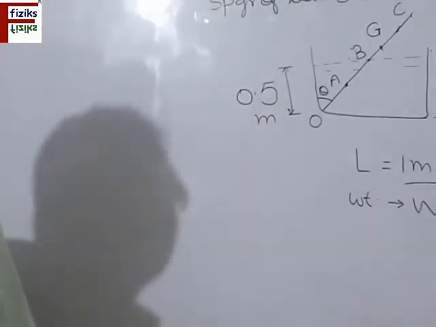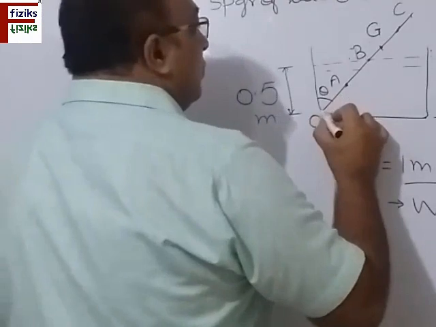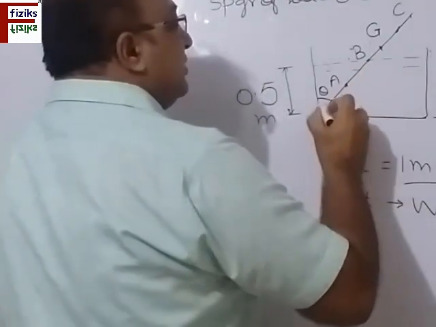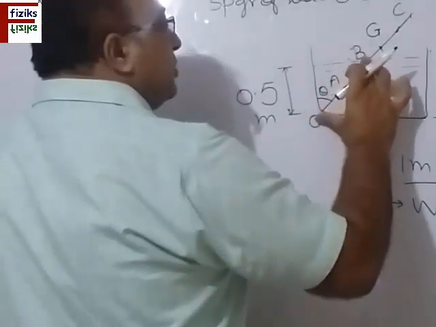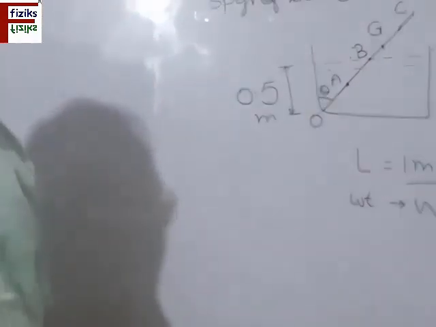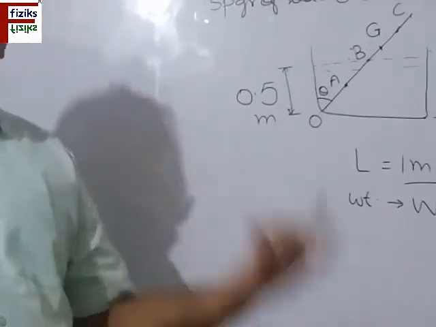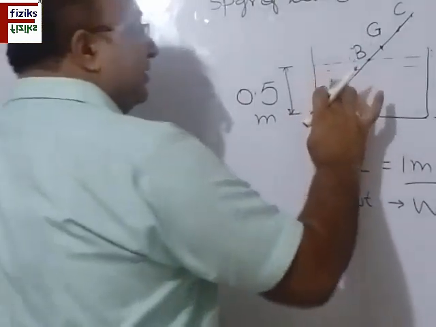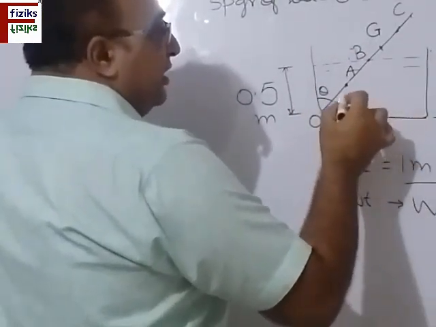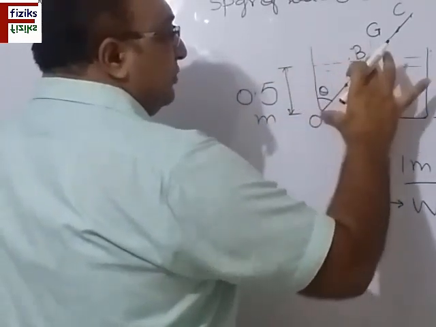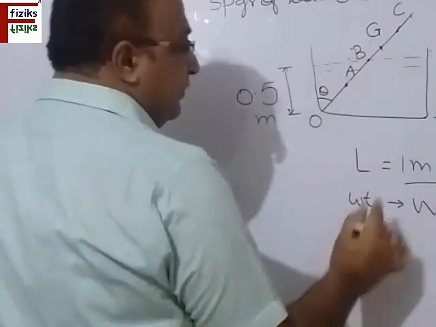Now let us consider this. What are the forces acting in this situation? The portion OB of this rod is immersed in water, inclined with the vertical. So only the portion OB will be experiencing the thrust force. Remember, thrust force is acting only on the portion which is immersed in liquid. So OB is experiencing this. Let A be this point, and where is the thrust force acting? At the center of the portion immersed. So OB is immersed, half of this is point A, OA is equal to half of OB.